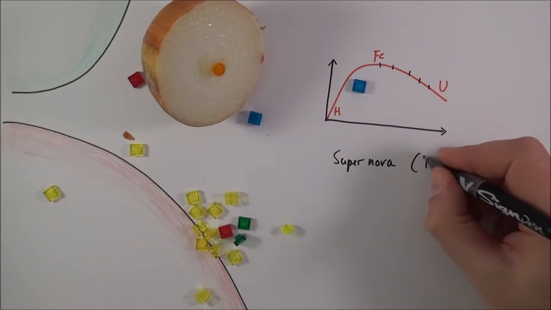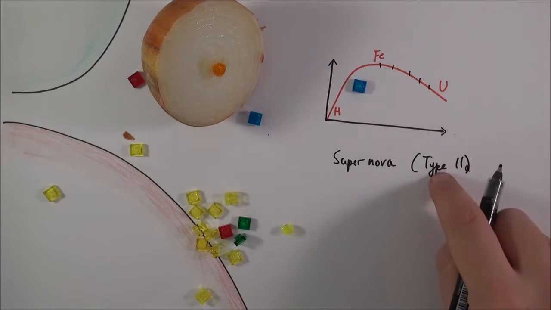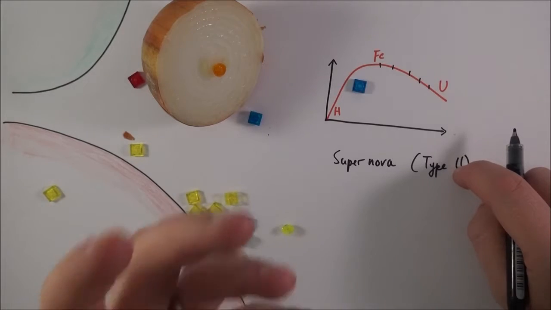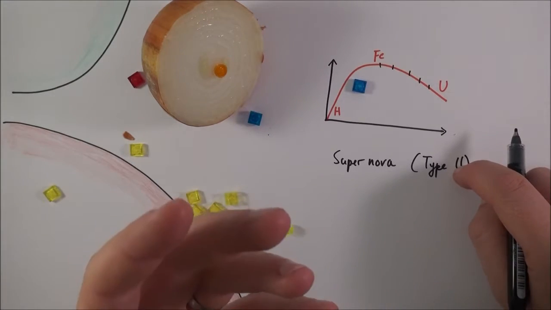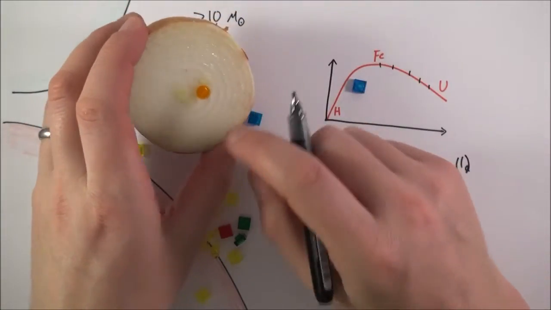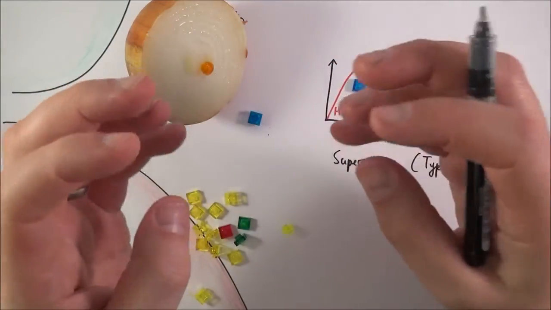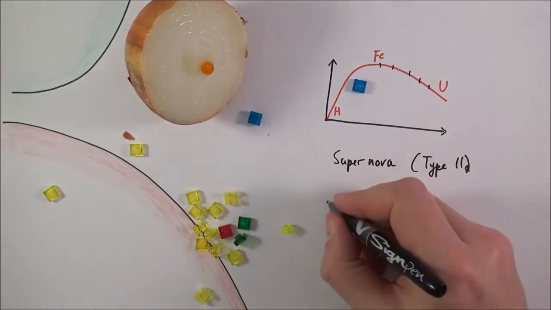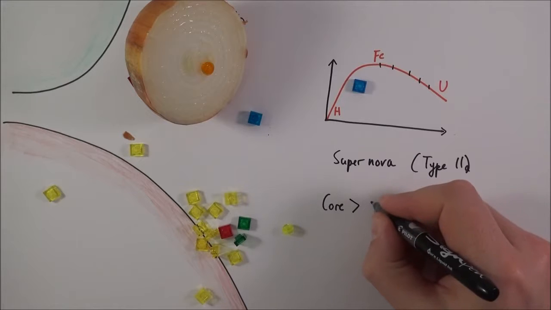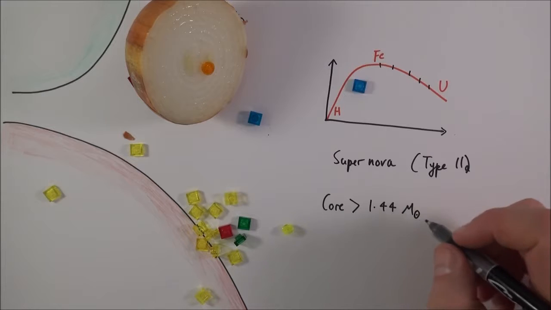And often this is categorized as a type 2A, or even just a type 2. So basically this is the kind of supernova that occurs. And a lot of the stuff inside your body can only have been formed in the fusion that takes place inside a high mass star and inside that supernova, which is pretty incredible. Now, what gets left behind is a super dense core. And bearing in mind most of the matter has been ejected out into space, if the core is greater than about 1.44 solar masses, remember this is the Chandrasekhar limit,